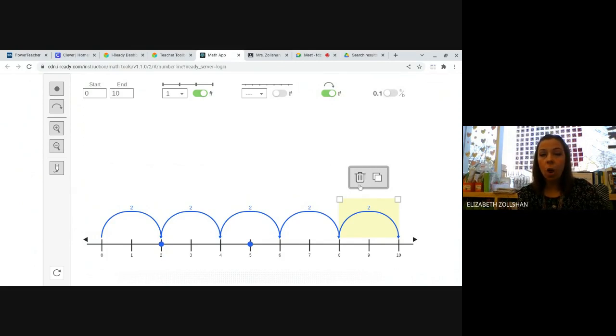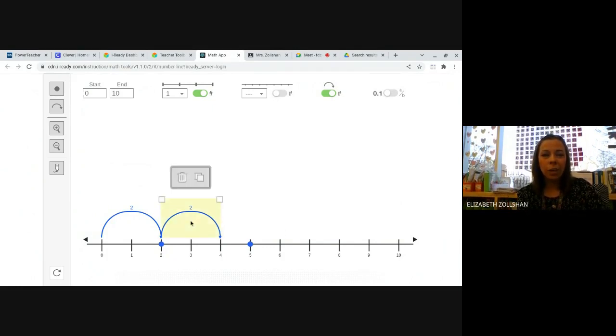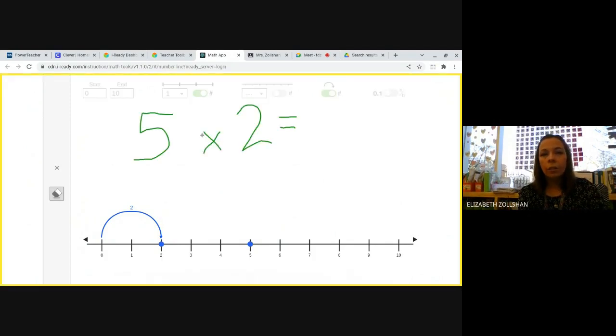Now, if I don't want that hop to show anymore, I always like to keep one hop on here so you don't have to keep dragging them back to 0. So now, if I wanted to do the turnaround fact, 2 times 5, the equal sign's a little sad looking, but 2 times 5,